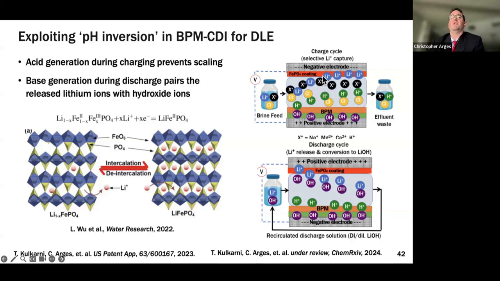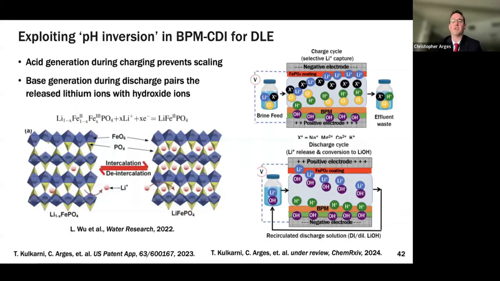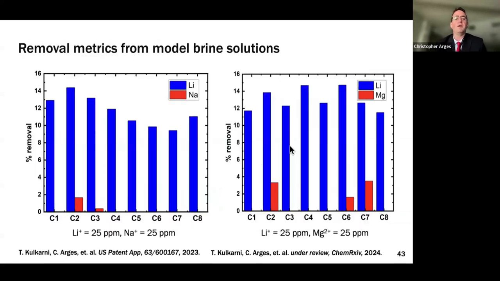Then when we release the lithium ions from this selective electrode material, we run this BPM in forward bias mode. The protons come to meet up with the hydroxide, make water, and then we get a hydroxide that's left behind in this solution. We get lithium hydroxide, which is that desired material that battery manufacturers want to use. So in a single electrochemical device, we can do separation and conversion of lithium from brines to lithium hydroxide. So that was really exciting. We filed a patent on this. We have a paper under review.